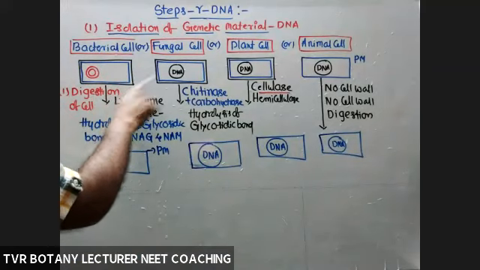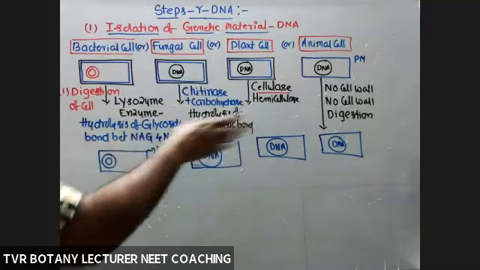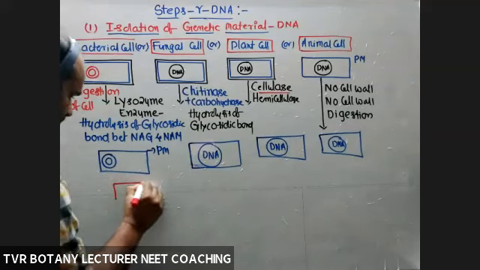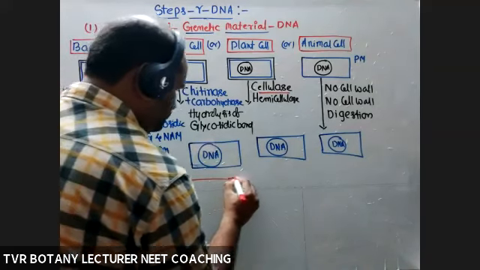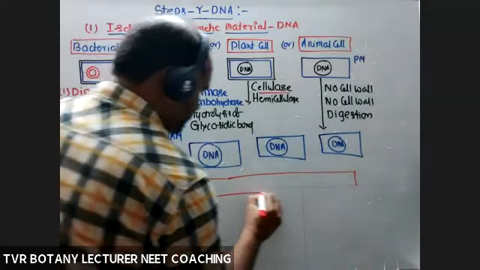So in this case, first boundary removed, and the remaining boundary for this is common for all. From here onwards, this step is common for all. So now all these cells are subjected to enzyme, not enzyme, sorry, liquid detergents. Now all these cells are subjected to a common step.